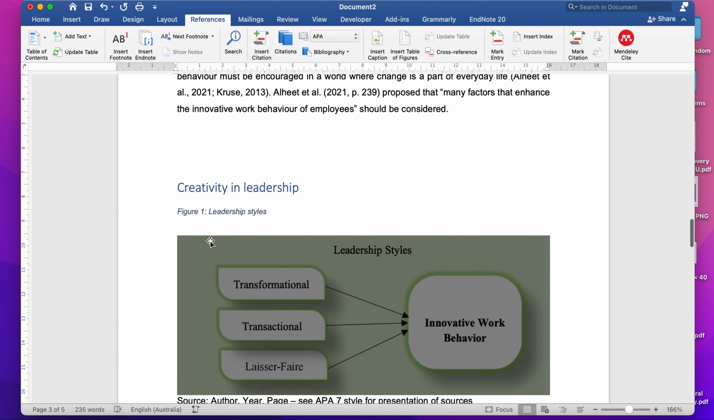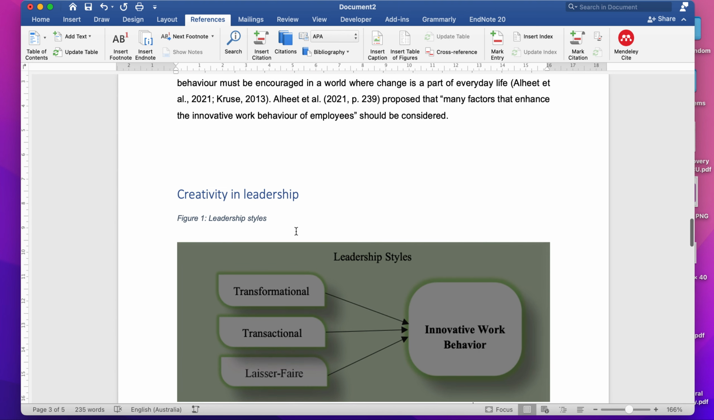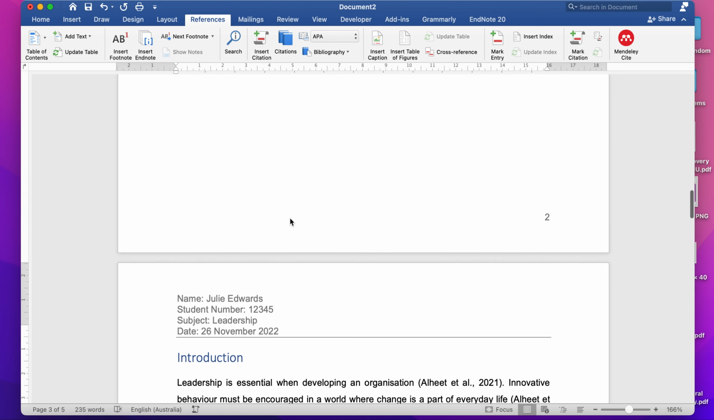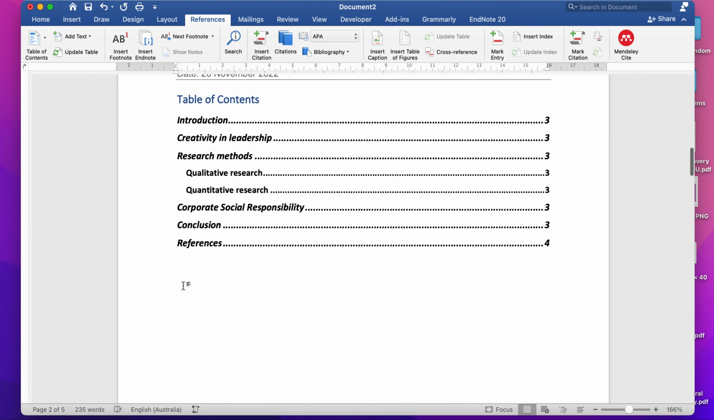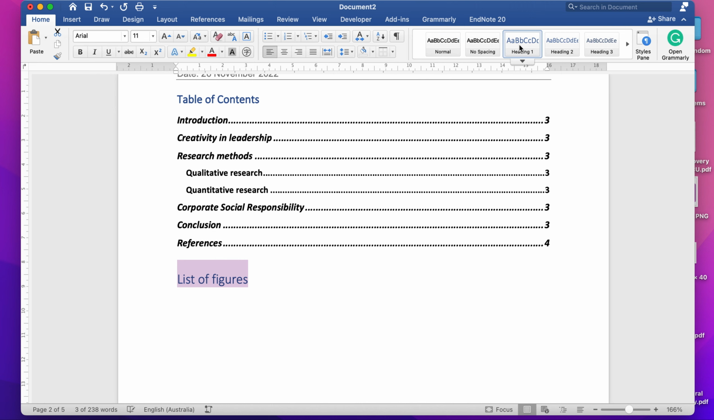Okay, but all I'm trying to show you is this at the moment. So figure 1, leadership styles. Now up here, I want a list of figures. So I put list of figures, and I'm going to make that a heading as well. So I go into my home page, make it a heading,